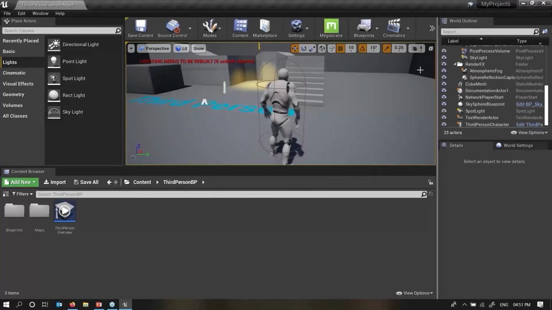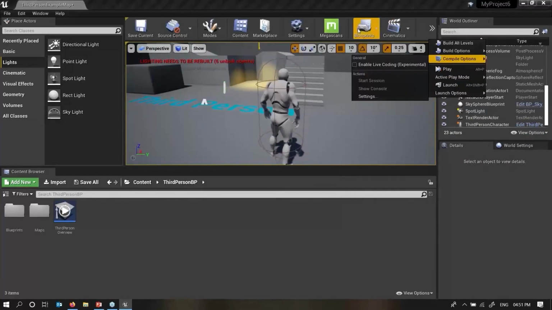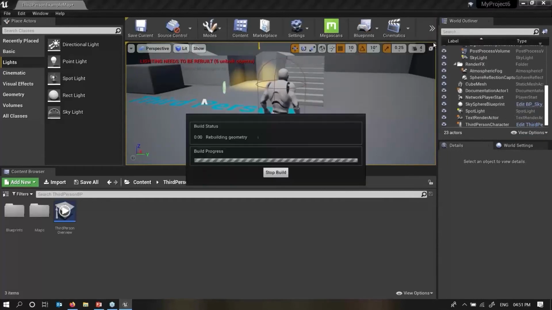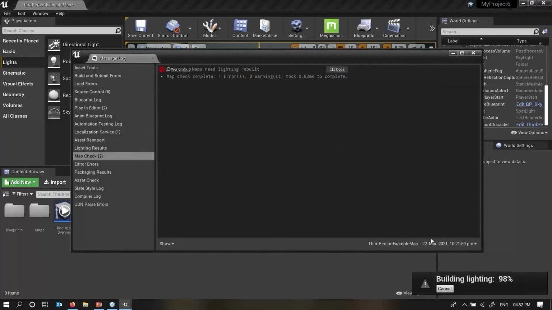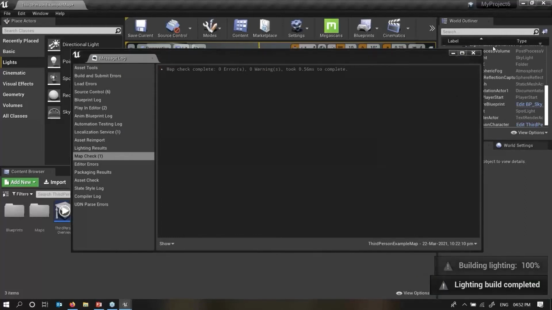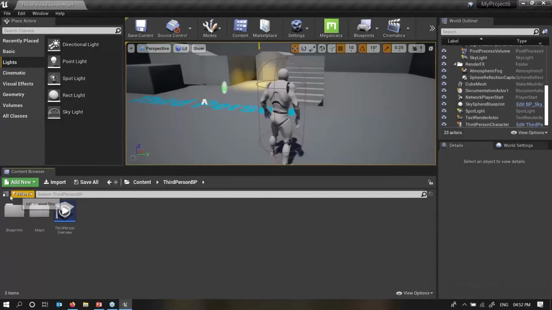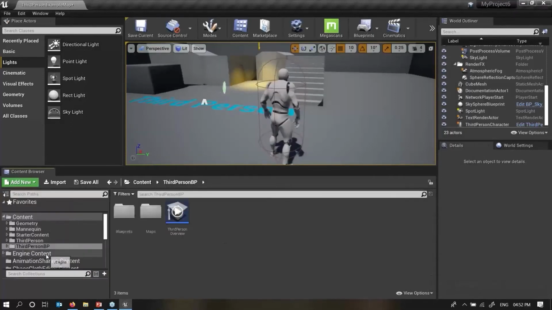First I'll click and say build all levels, so that the error goes away, because of that light I have added over here. This is compiling, but the error will go.